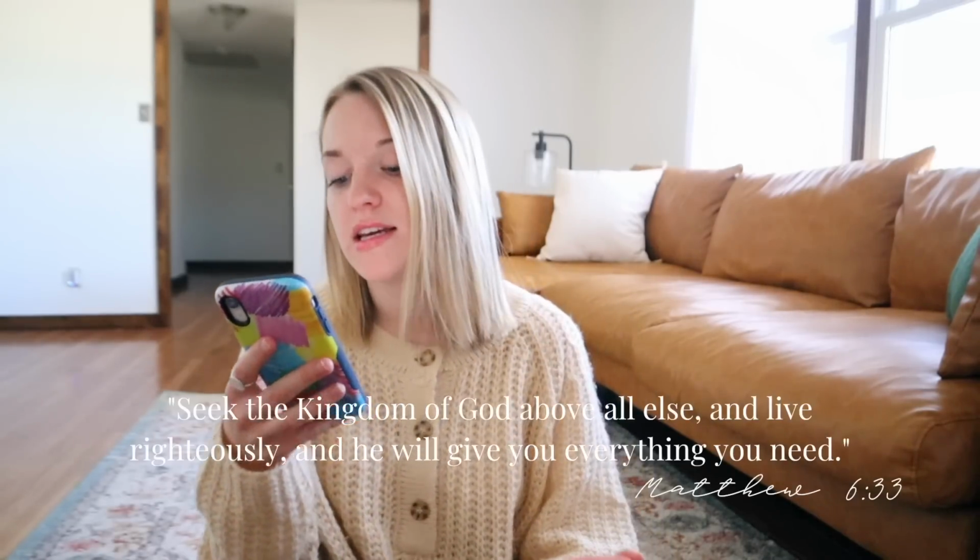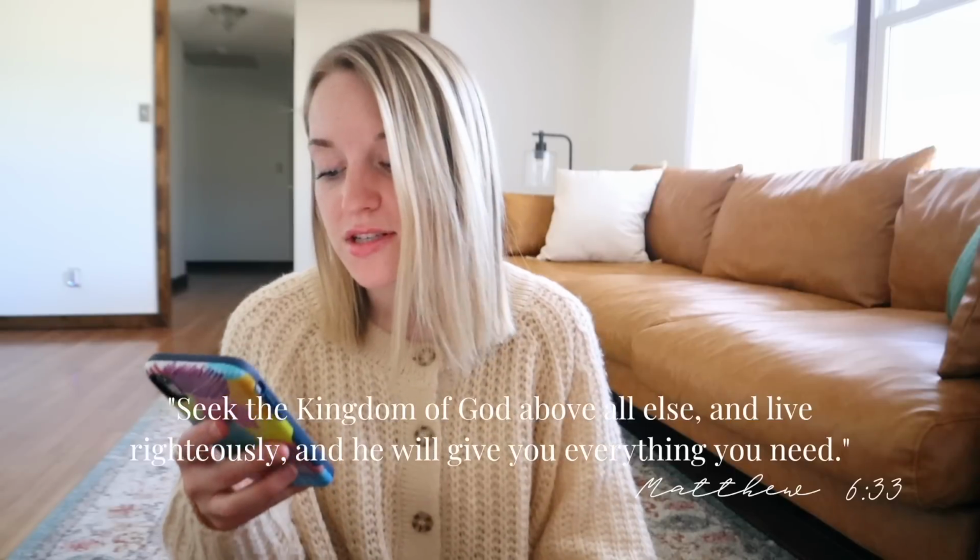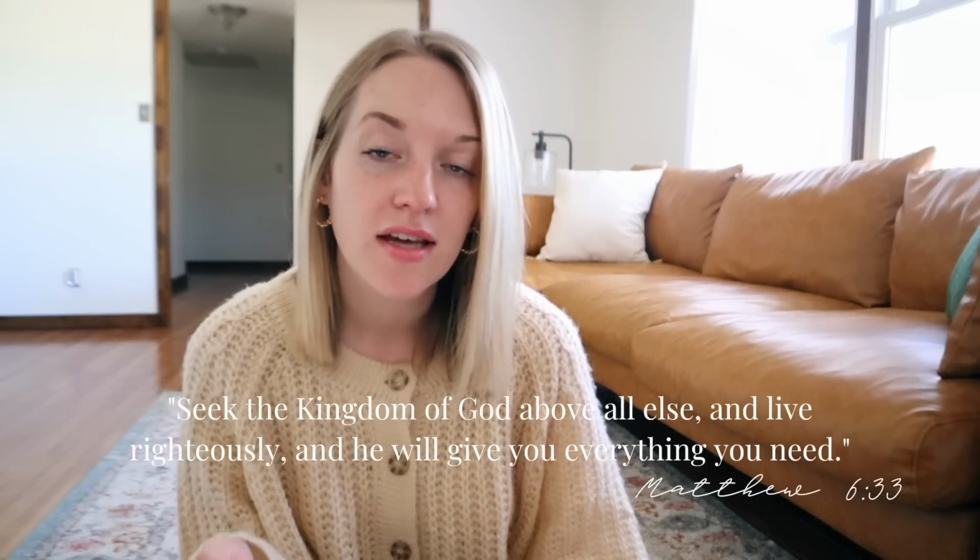The last thing I wanted to share, it wasn't a goal that I had for February, but a verse that I feel like the Lord really used and showed me this month, and it is Matthew 6:33, which is, seek the kingdom of God above all else and live righteously, and he will give you everything you need. That is the verse that I feel like, even the last couple of weeks, the Lord has really been